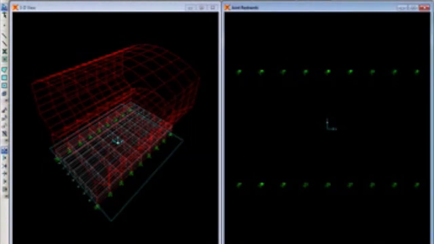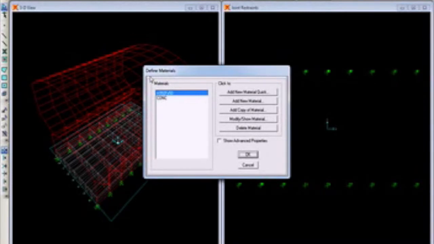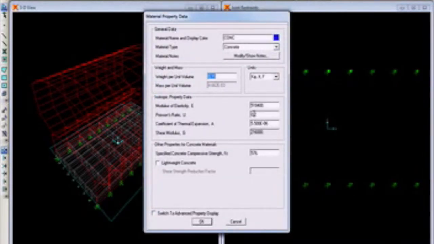And now if you see, again go to define materials, go to concrete, modify, show material. If you see, this has 0.15 and the modulus of elasticity is 551800, but I want this to be around 3600 from the data. So there is a small error.